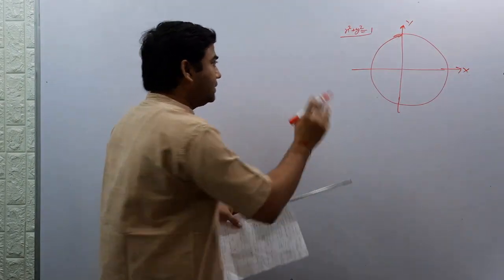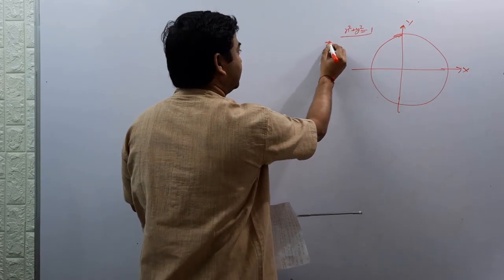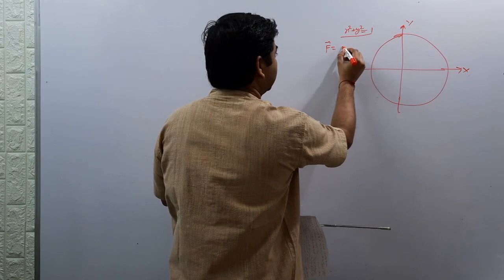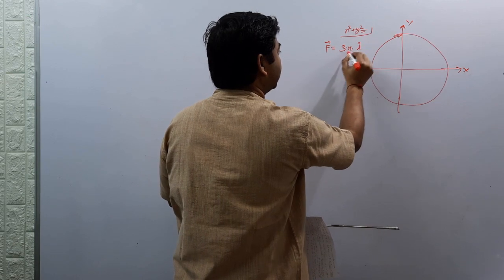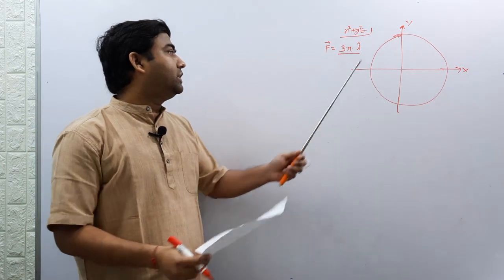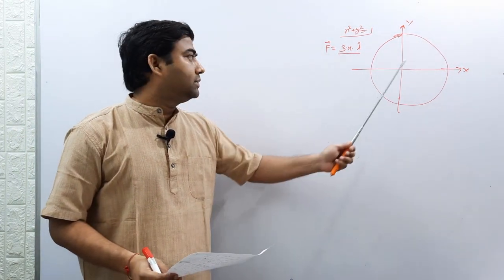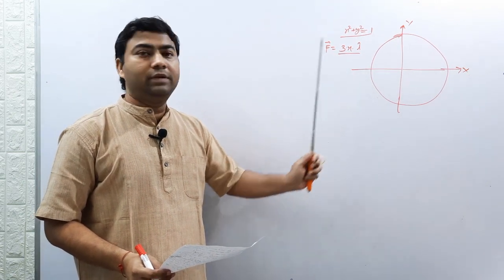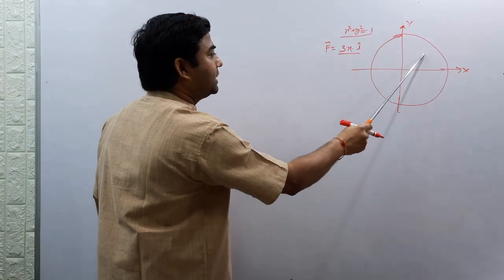So now there is a field F, which is given by 3x i. You can see that for different points this field will be different. When the point changes, the magnitude of this field will change. So you can say the field in this quadrant